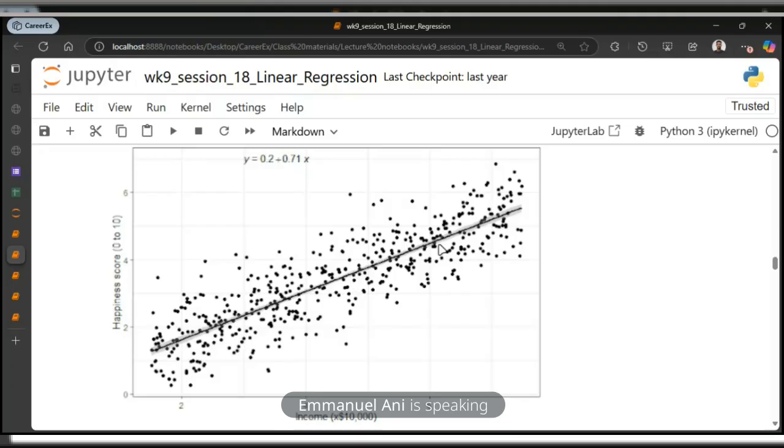So the line will be changing as we are changing the intercept and the slope until we have a very good line that minimizes the error. So in gradient descent, there's what we call local minima. When it gets to that point, that is the point at which we can attain the lowest error possible. So it stops the learning process at that point, and then we have our